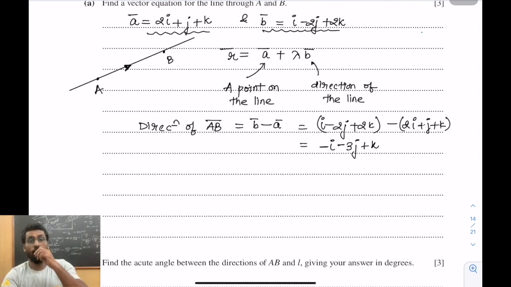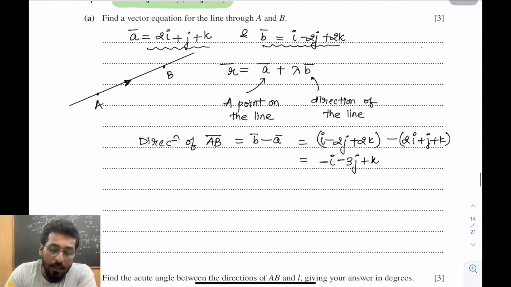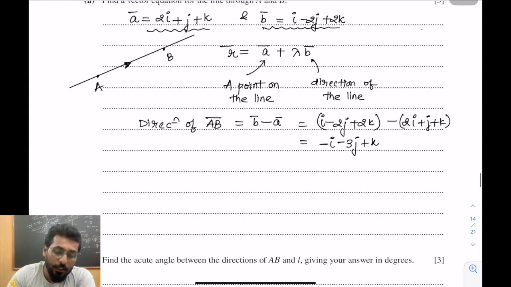So I've got the direction of AB bar. You can take any point. There are 2 points lying on the line. One of them is point A and the second one is point B. So you can select either point A or point B. So I'm going to select point A. So therefore,